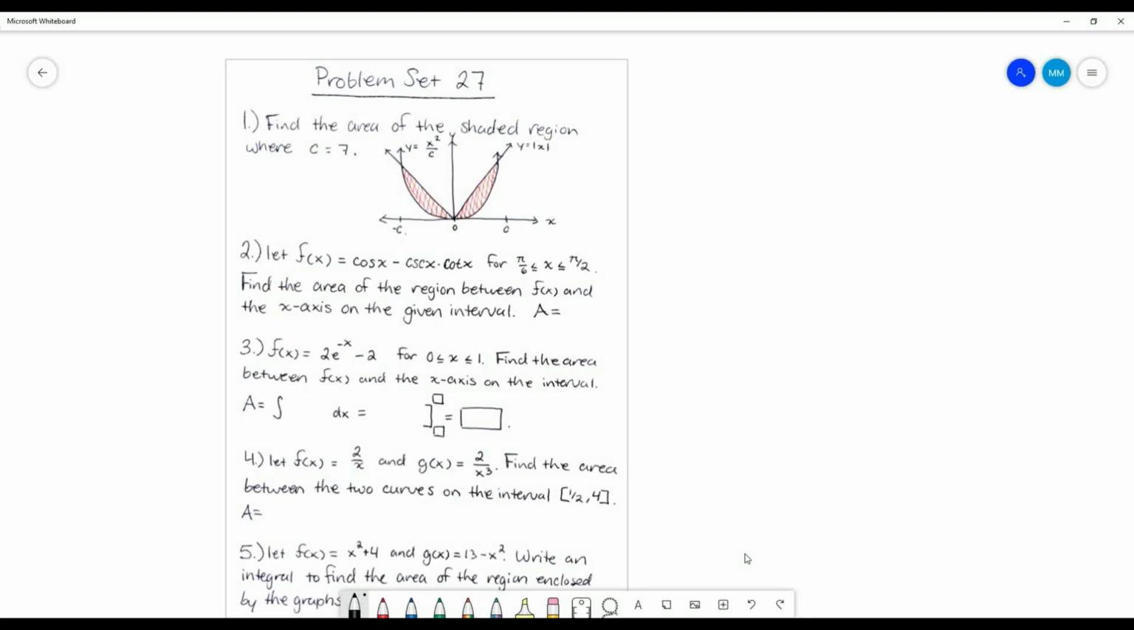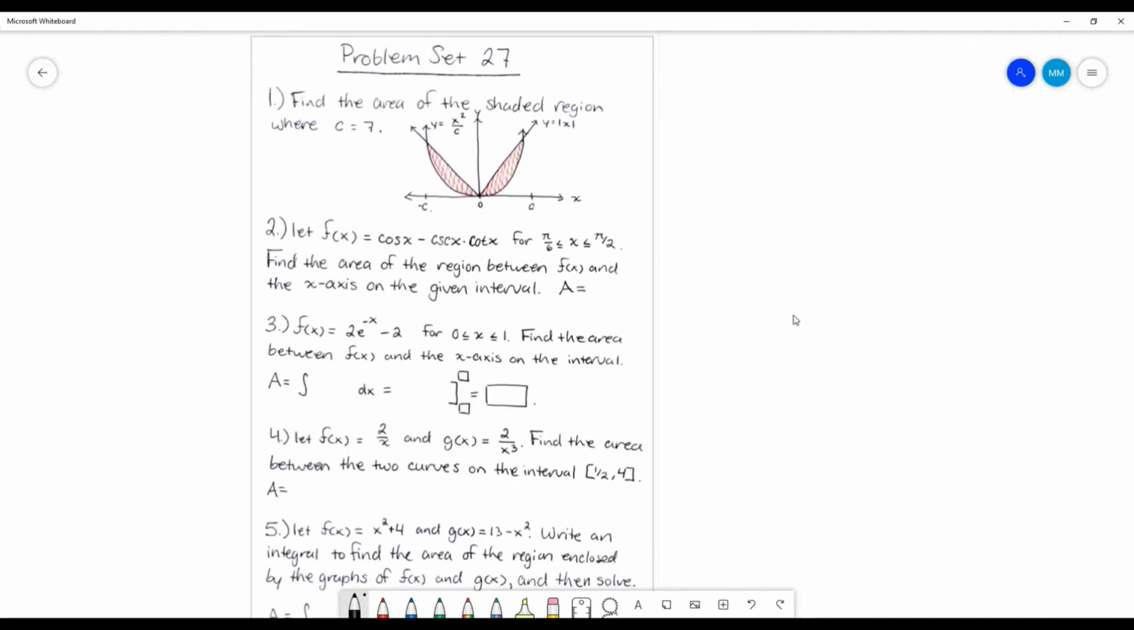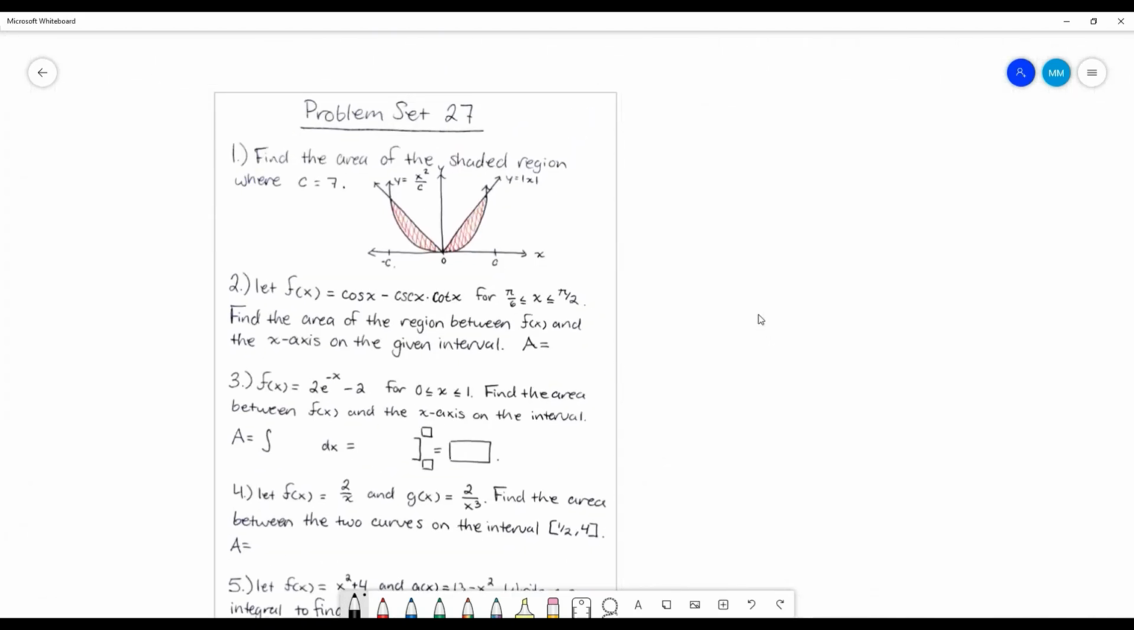Okay, problem set 27. This one is pretty much entirely finding area between curves, which is a new topic for us, but it's not too complicated. It's just a little bit tricky. There's a lot of room for little mistakes. So you want to be very careful when doing this, and generally you want to check your work as well,